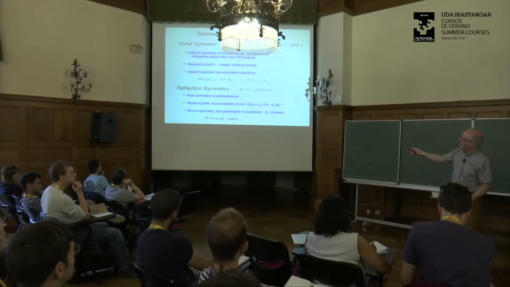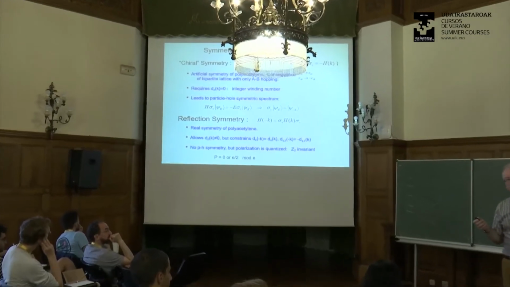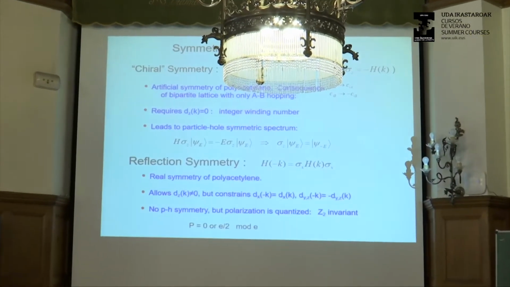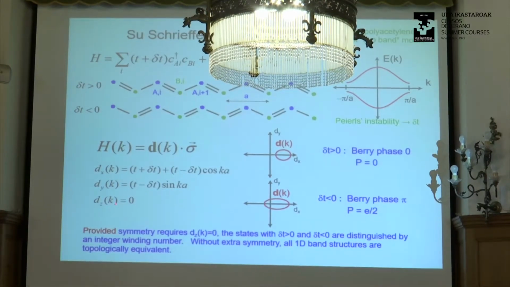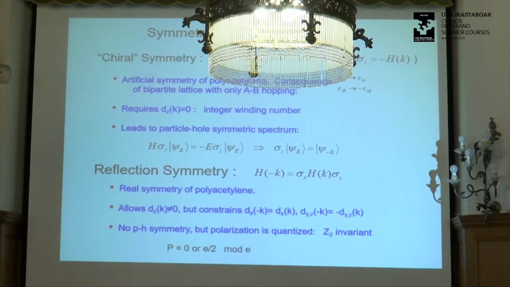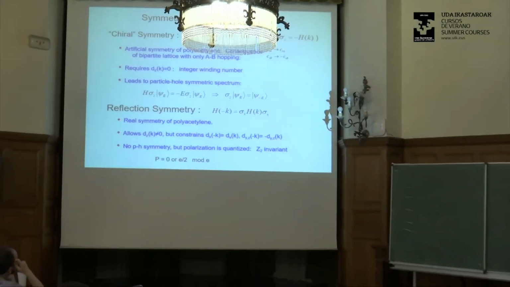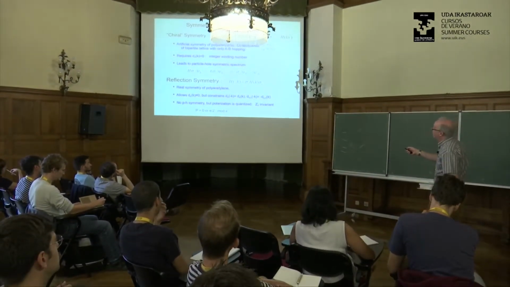And it's a kind of funny symmetry. Usually when you have a symmetry, you have an operator that commutes with the Hamiltonian. Well, this is a symmetry where the operator anti-commutes with the Hamiltonian. It's obvious, since the Hamiltonian doesn't involve sigma z, since dz is equal to 0, then the Hamiltonian only involves sigma x, and there's no constant piece either. It only involves sigma x and sigma y. So then it anti-commutes with sigma z. And when you have an operator that anti-commutes with your Hamiltonian, then you are guaranteed to have a particle-hole symmetric spectrum.